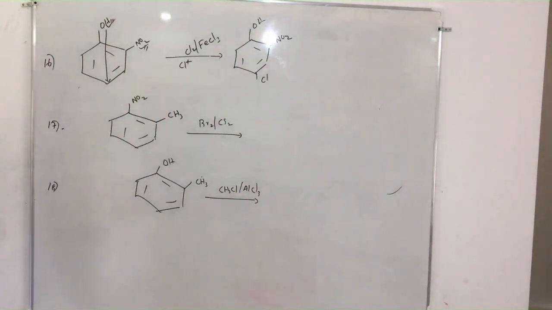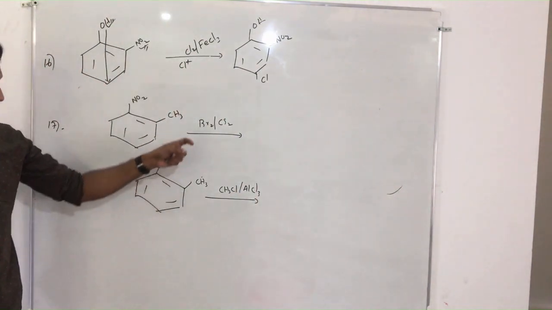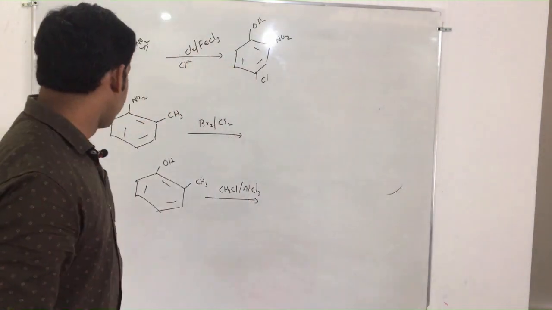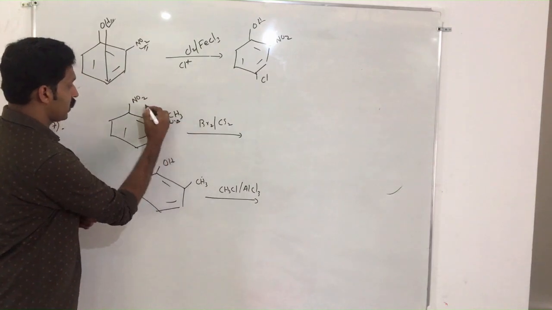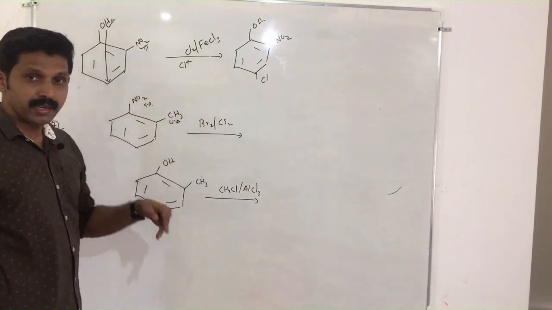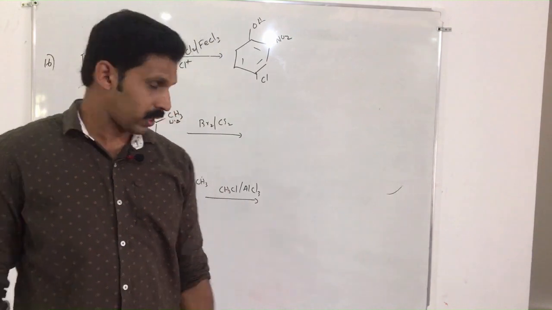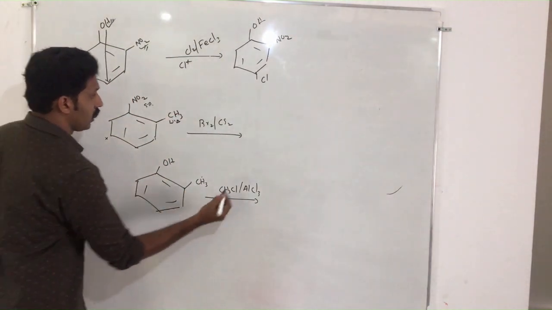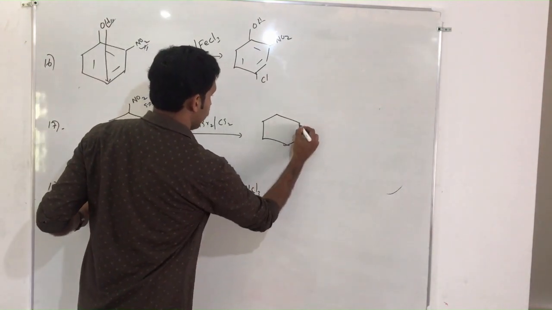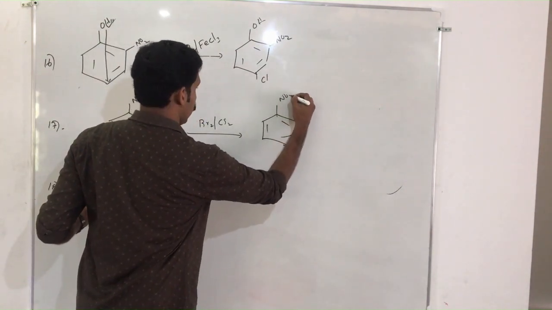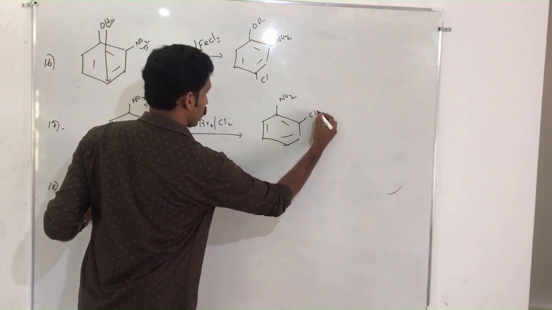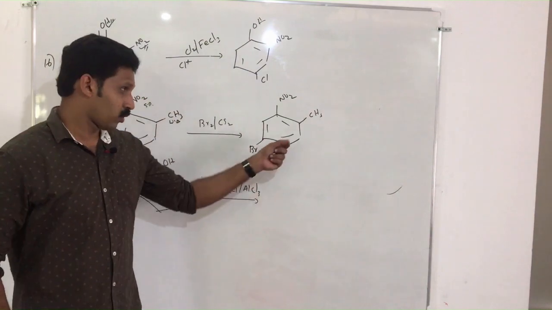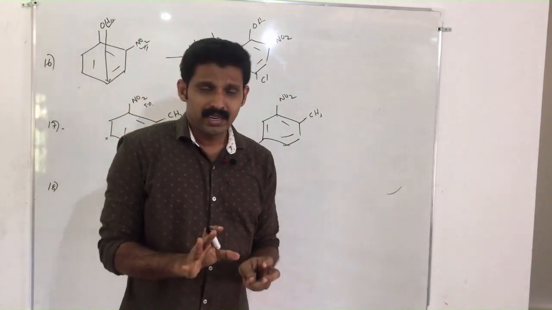Now look at here, NO2 and CH3 are there. Br2 with CS2, that is, Br should be substituted there. Here again, CH3 is weakly activating. NO2 is a strongly deactivating group. Again the activating group decides the position, and the para position is the preferable position. Definitely the electrophile goes to here. Therefore you will get the answer just this way: NO2, then here CH3, then here Br. This is the major product. The ortho product will also be there, but in less quantity.